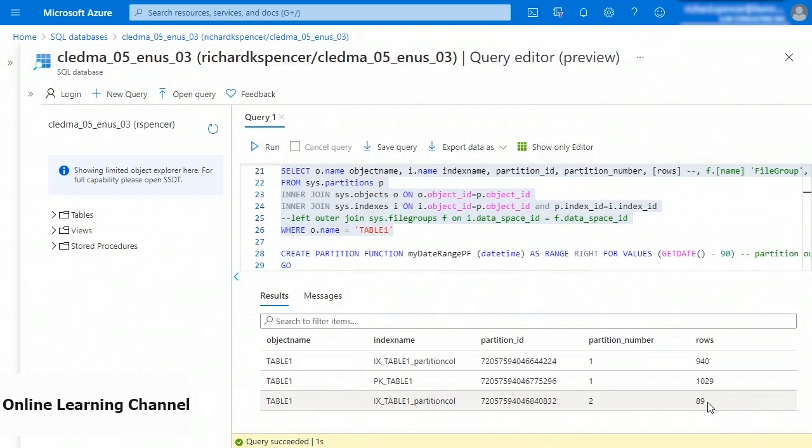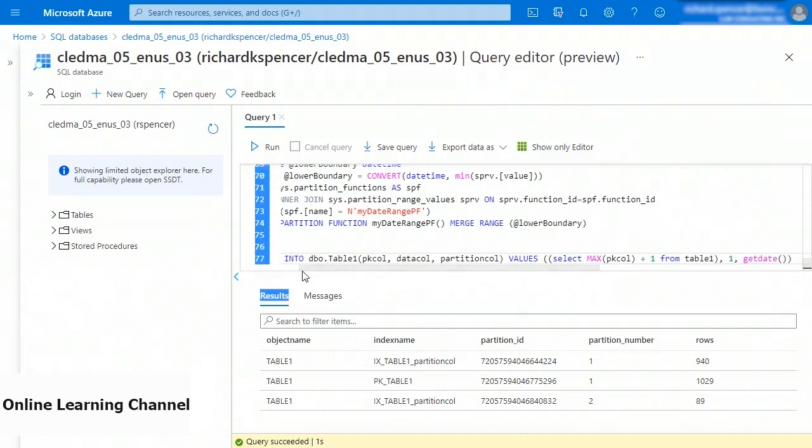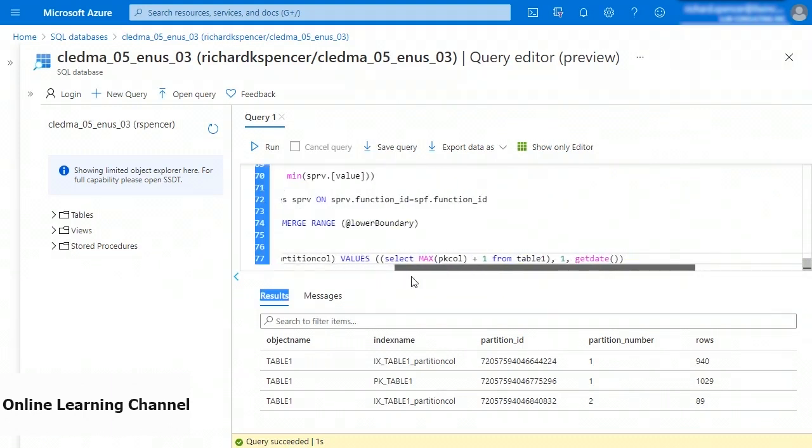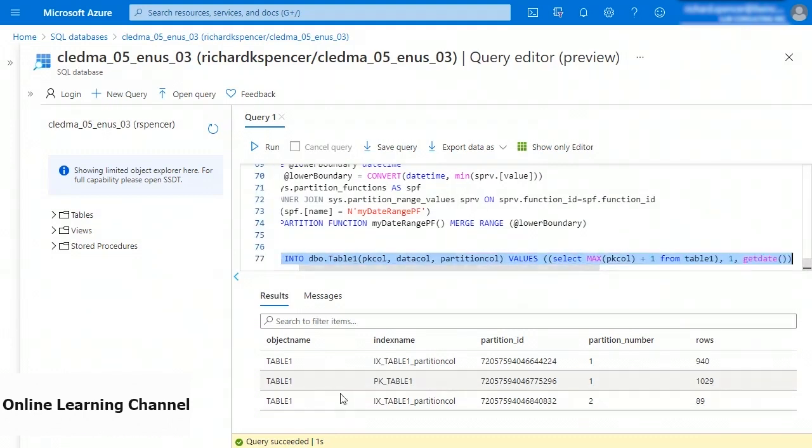And now you'll see they've merged together. All right, we've got 940 history rows that were merged into history, and we've got our 89 operational. So if we want to prove that partition 2 is back in operational, I can come down and insert into the table some more values, some present day values. These should not go into partition 1, they should go into partition 2. So if I run the query,